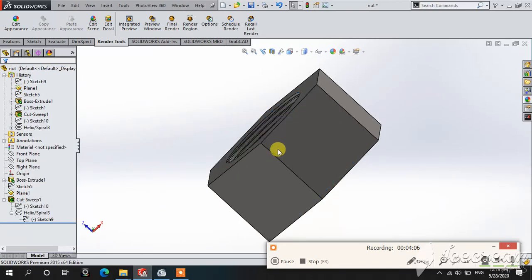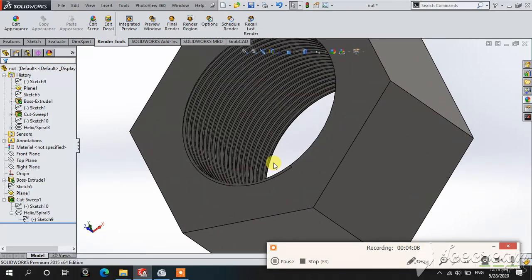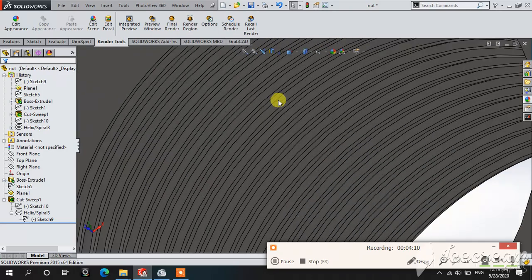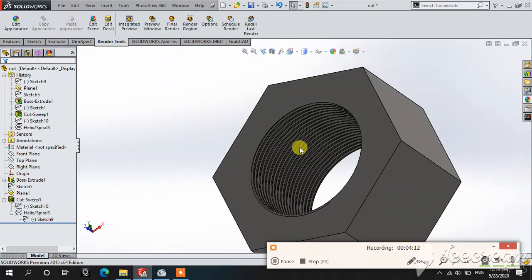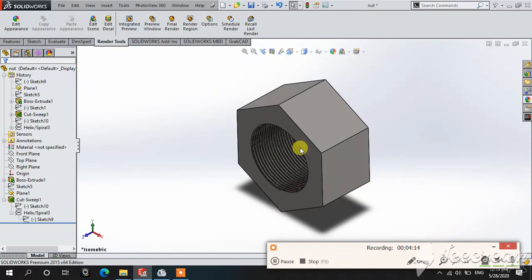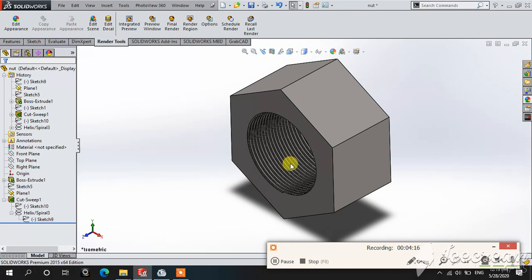Okay, then done. See, this type. Now it's complete,